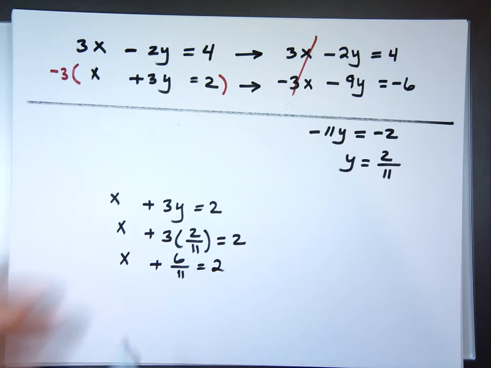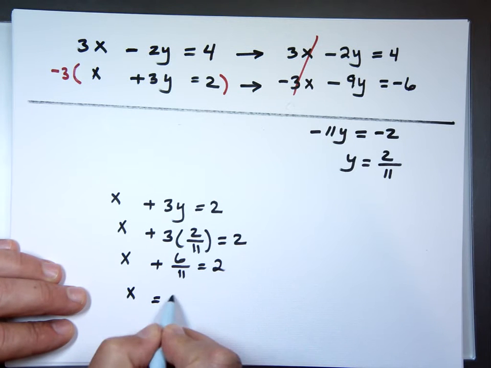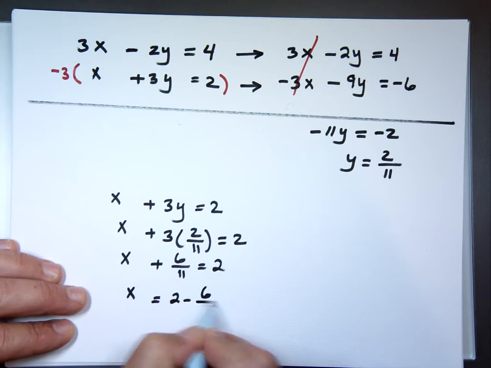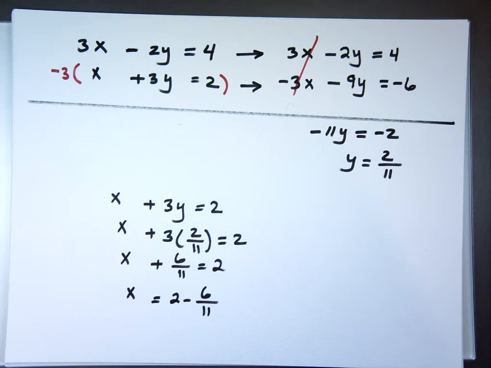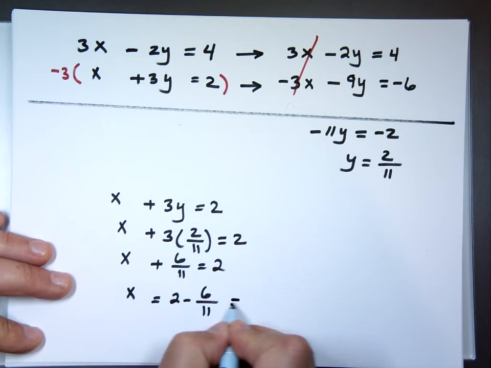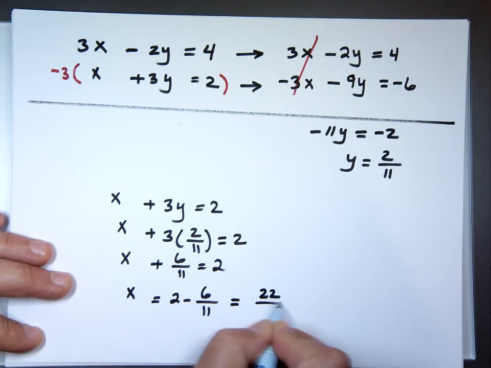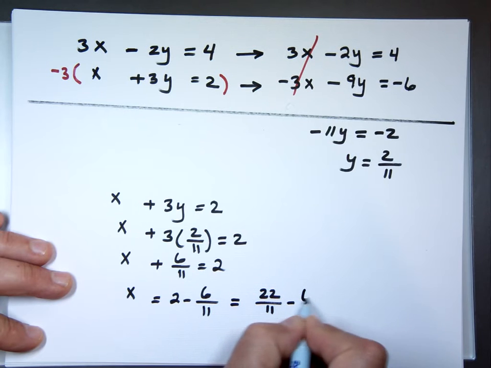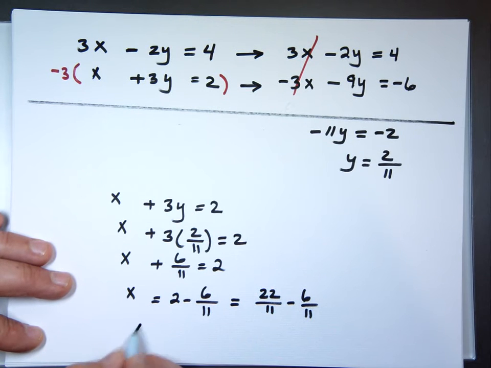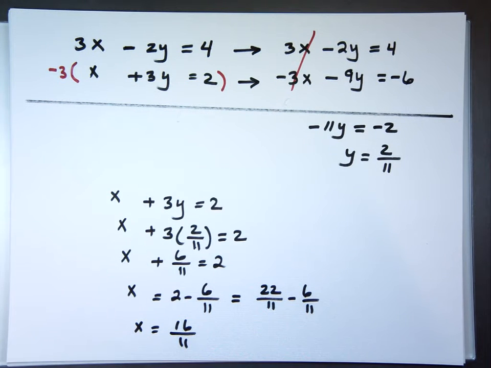X equals what? 2 minus 6 over 11. The 2 is 2 over 1, or 22 over 11, minus the 6 over 11, and what's x equal to? 16 over 11. Same exact answer. My solution,